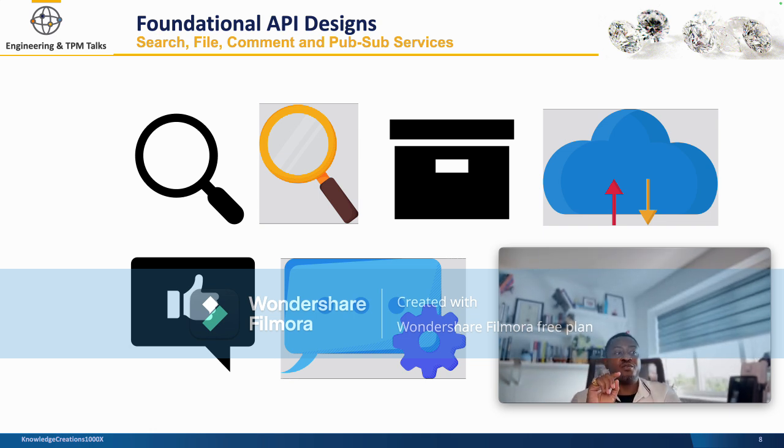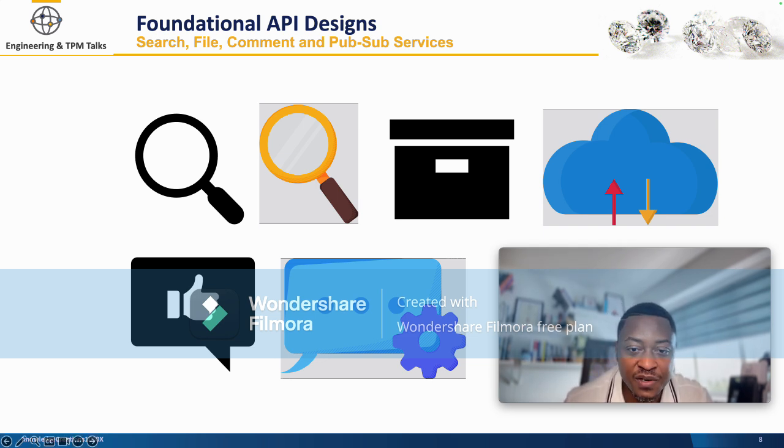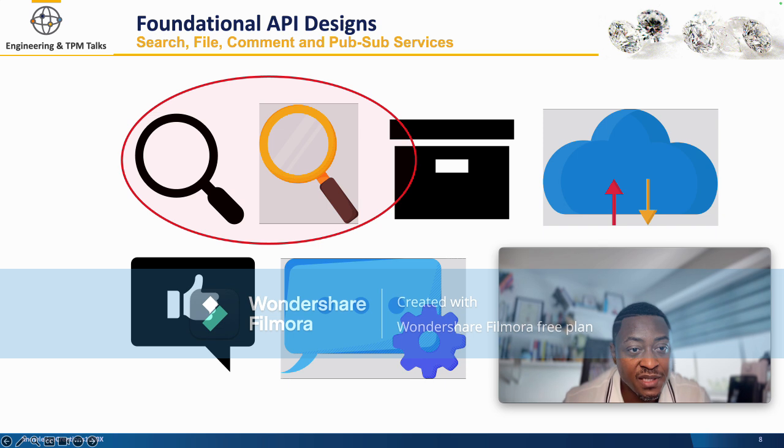Now you're wondering, with all these ugly pictures up here, what are those foundational services? So the first I would say is designing a search service, right? So if you're able to understand how a search service works, then you can demonstrate quite quickly how an API gateway can interact with multiple services to obtain specific search results. Do you understand? And it's also possible to do it with ads and recommendations based on a search query, right?